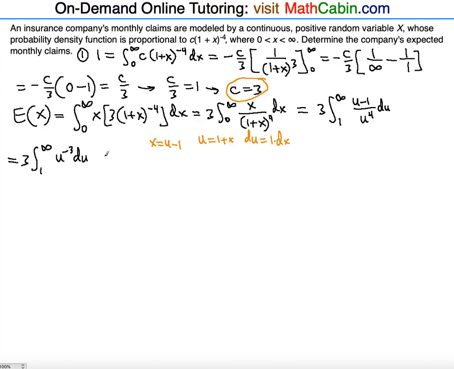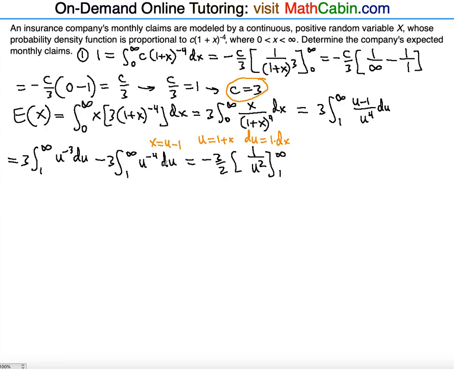And then minus 3 from 1 to infinity, this is 1 over u to the fourth, which is the same thing as u to the negative 4 du. Now the power rule, the power increases by 1, so it's going to be minus 2, also dividing by minus 2, so minus 3 over 2 is the result for the constant. And this is going to be 1 over u squared,